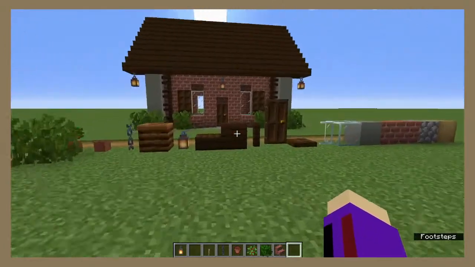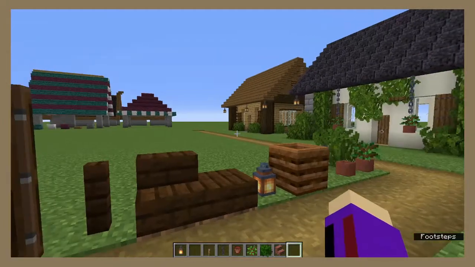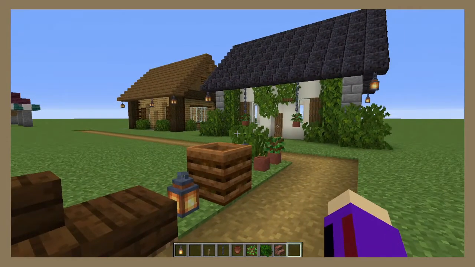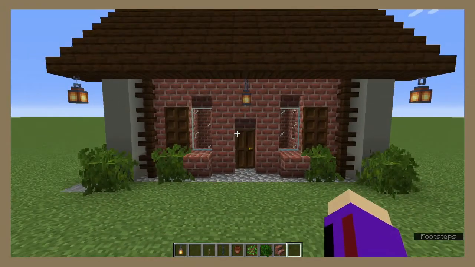So the idea for today was to give you the idea that you need to build your walls with depth. And when you do that, it makes them look 100% better than if they're not built with depth. So, for today,